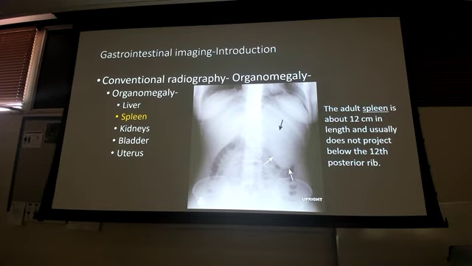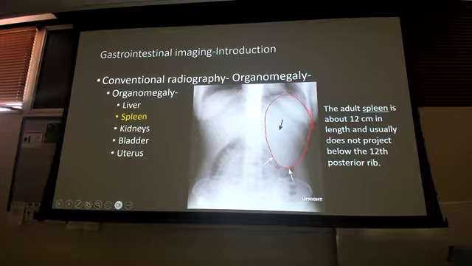Spleen. We have two things going on here. First, here's my 12th rib. I can directly visualize my spleen coming down around there. I am past the 12th rib, that is splenomegaly. So that's the first thing. I have my direct visualization. I also have indirect visualization